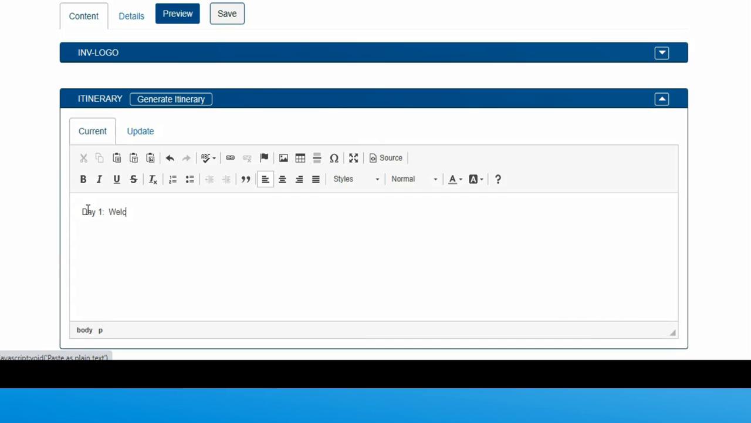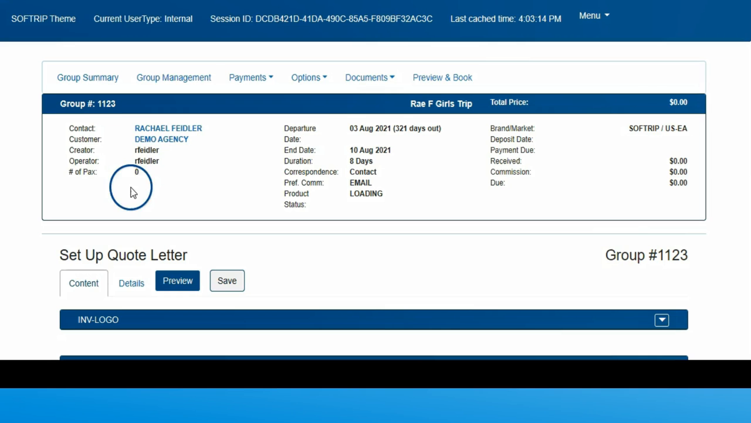And then what you could do is go through and make the updates that you want based upon this group. You can use the HTML editor at the top to make different font styles for the quote letter itself. This really gives you the opportunity to say, okay, I have a general day-by-day itinerary for this group that's going to be traveling, but I want to add some additional information, or there might be additional inclusions